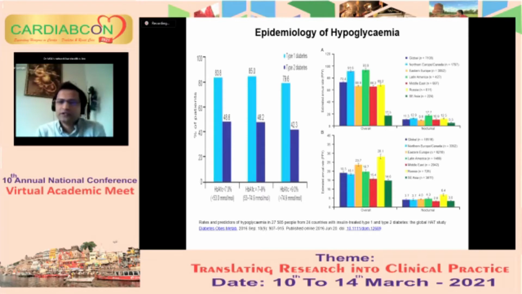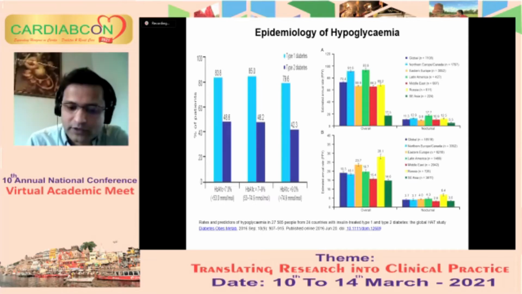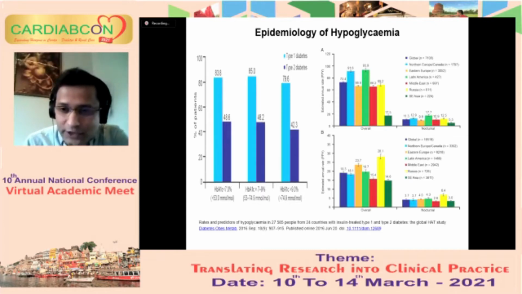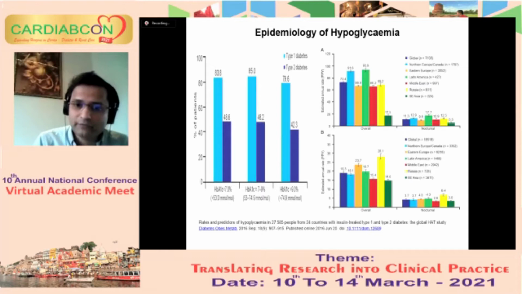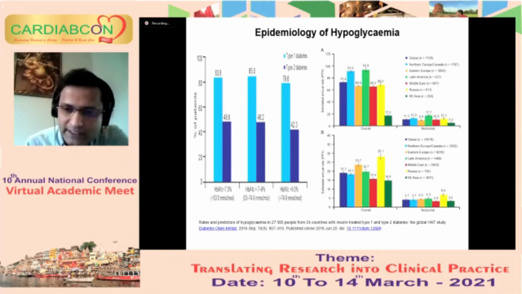If we look at the right side of the slide, which compares the various countries involved in the study, it shows that the overall global risk was 2.5 episodes per person per year of hypoglycemia, while in Southeast Asia the risk was even higher, at 3.4 per person per year. So what we have learned from the HAT study is that hypoglycemia is very common and widespread. It is more common in certain